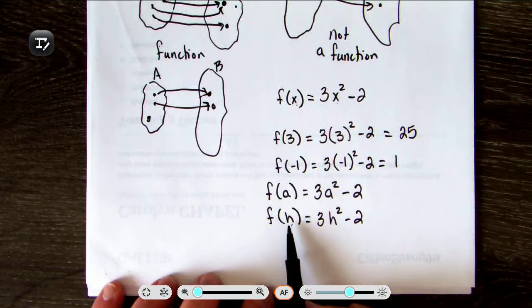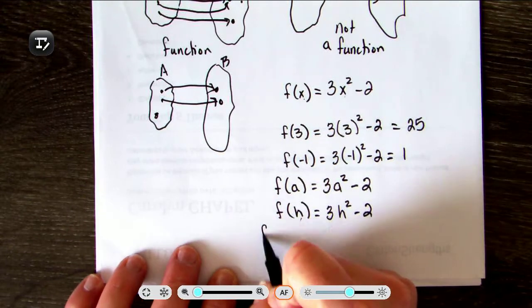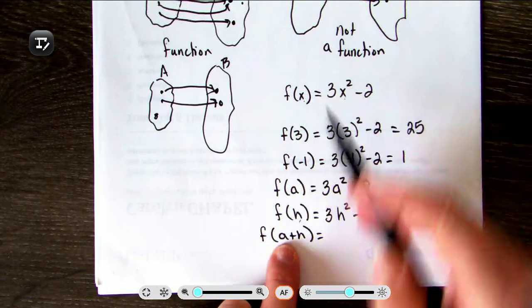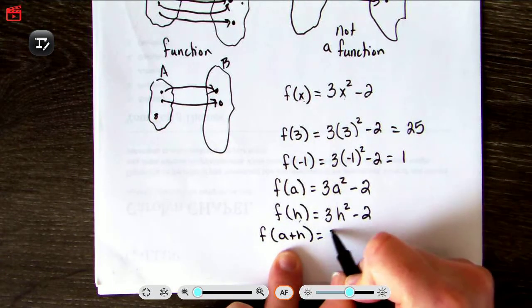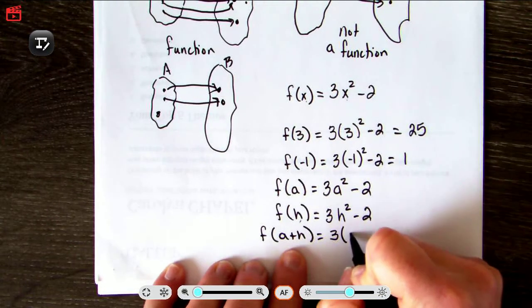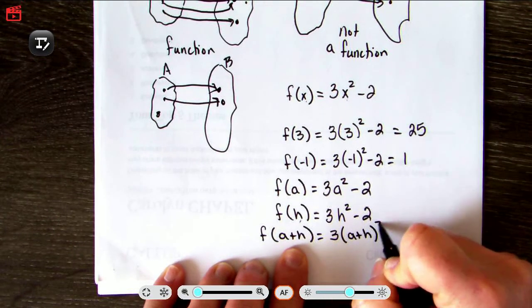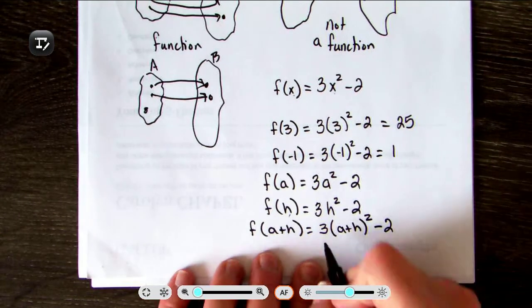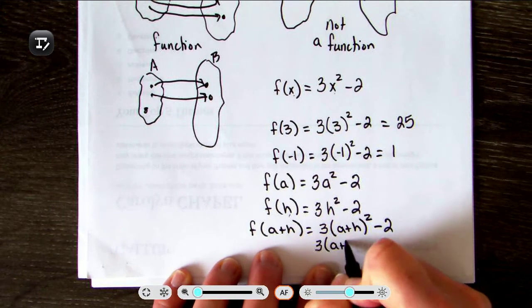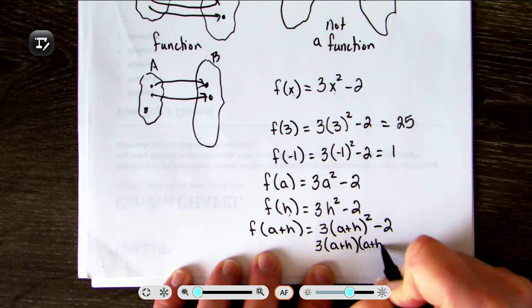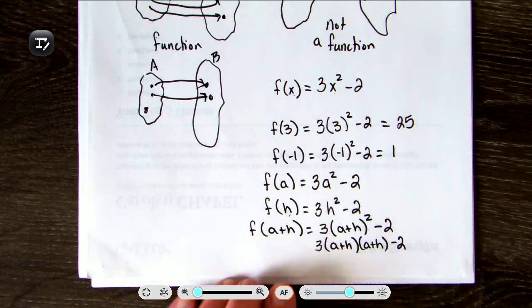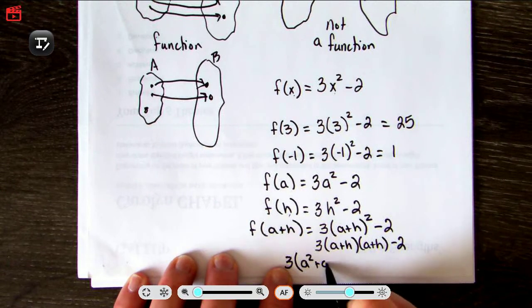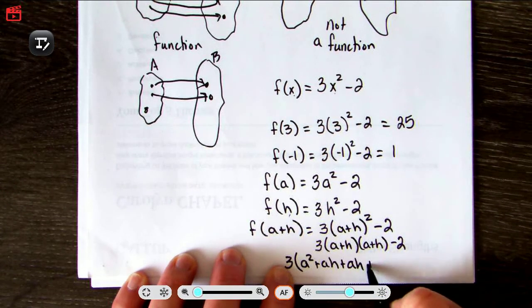We can have really complicated things that we're substituting in there, namely a plus h, which means instead of x, I have this ugly mess. But again, instead of x, we're going to replace that with a plus h. And then we can simplify this. So we could multiply that out. I'm going to remember that a plus h squared is a plus h times a plus h. So that gives me a squared plus ah plus ah plus h squared,